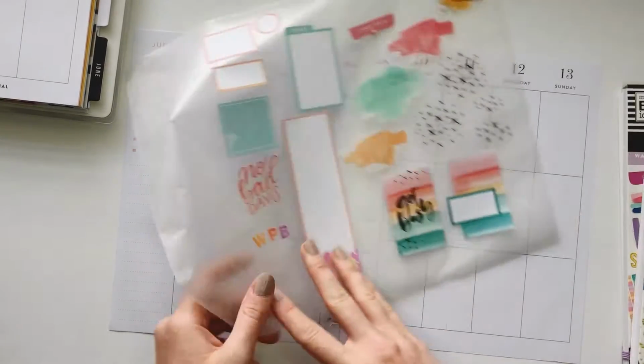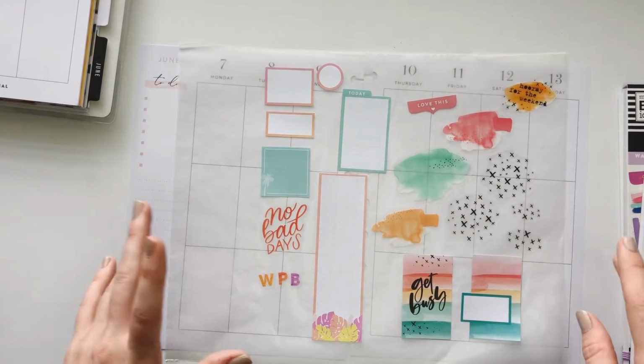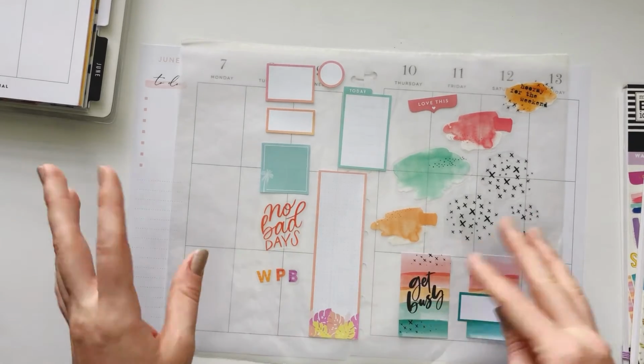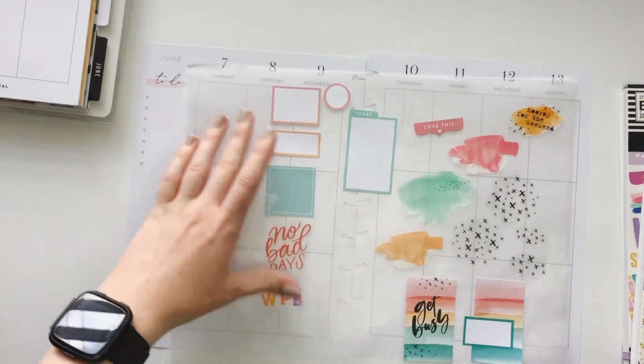All right. So I always like to start with the biggest stickers first, kind of get those out of the way. But then I also want to think about these two. I want to separate them. And also, if you haven't seen my monthly plan with me yet, well, I guess you wouldn't know, but if you have seen it,